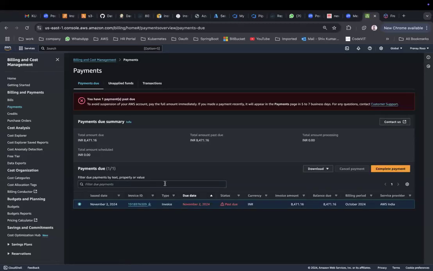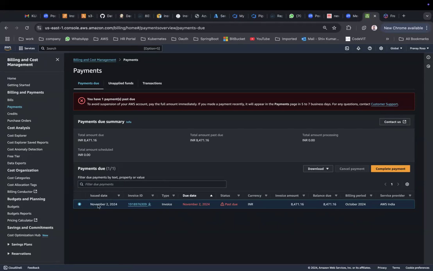You will be having the bills in order to pay in this place actually. You can see that it's a November bill, which has been generated. The bill period is October, and it's generated for November because it's the October bill. You can see October 2024 for me. Yeah, that's how you need to